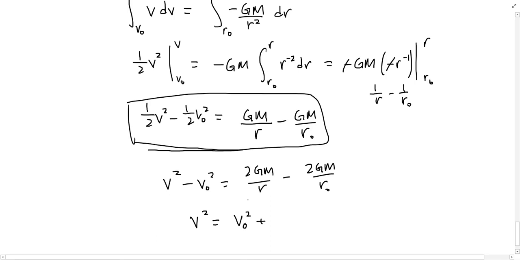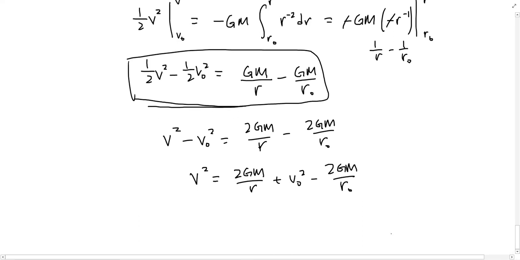Actually, I'm going to rearrange it this way. The reason is that v sub 0 is a constant. Remember, v sub 0 is the escape velocity, which is a constant. So r is actually the variable right here, so I'm going to keep the r in the front. And then plus v sub 0 squared minus 2GM over r sub 0. So if you look at this right here,